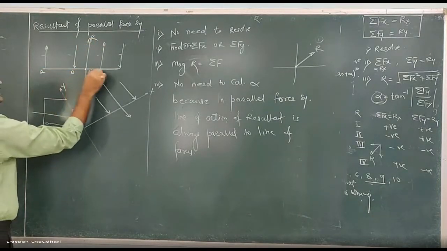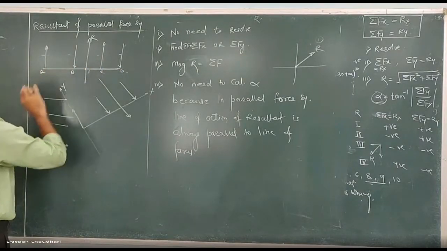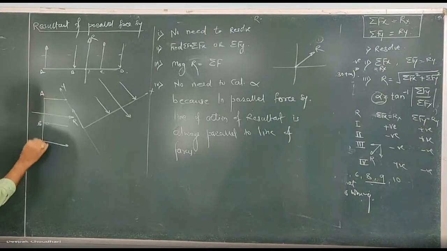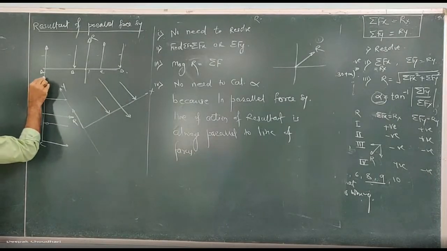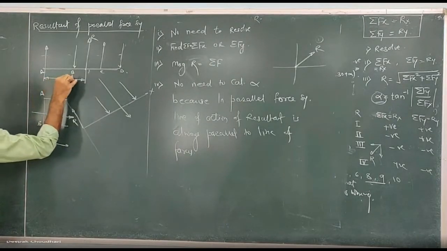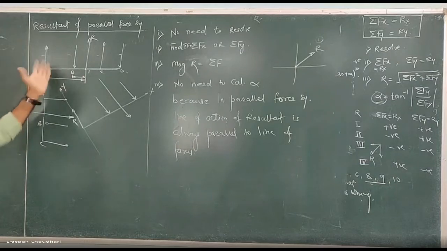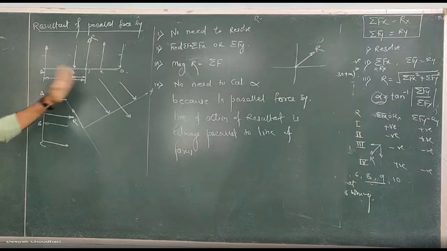Suppose this is A, B, C, D. Where will that resultant act? यार ये रिजल्टेंट कहां पे एक्ट होगा, here you have to find out that point of application. Here it means you have to calculate the distance of that resultant either with respect to A or with respect to B. अगर क्वेश्चन में given नहीं है with respect to which point you have to locate the position of the resultant, then you can find out with respect to either A or B. But if it is mentioned that calculate the position of the resultant with respect to A, then you have to calculate the distance of the resultant with respect to that A.